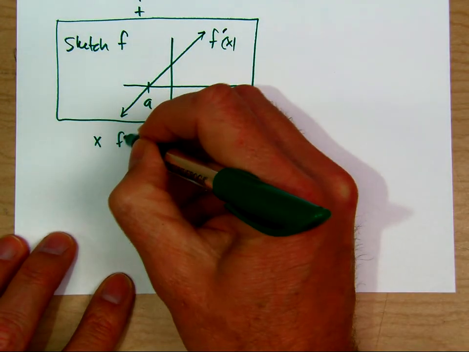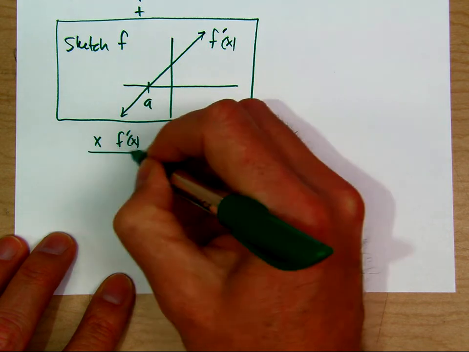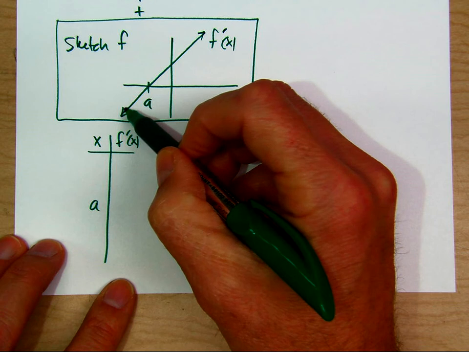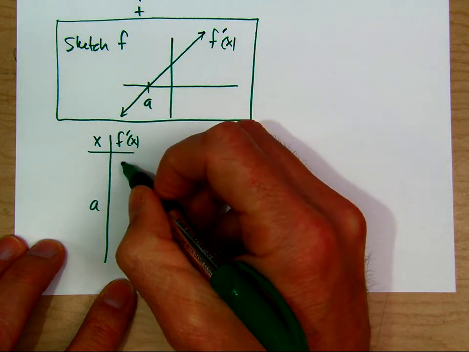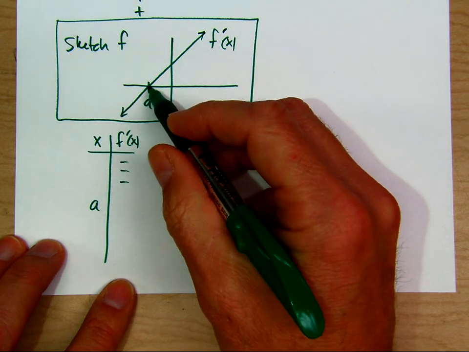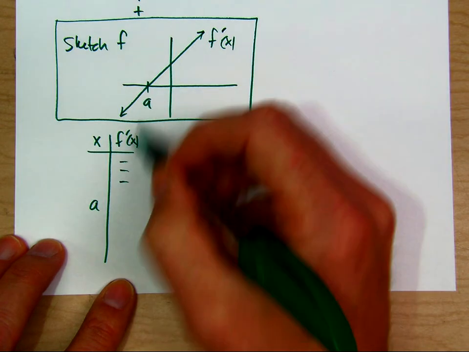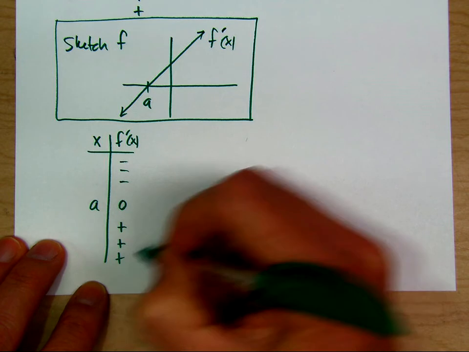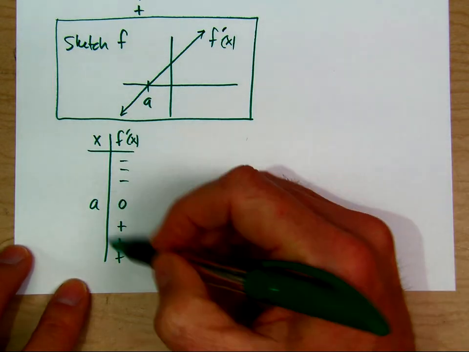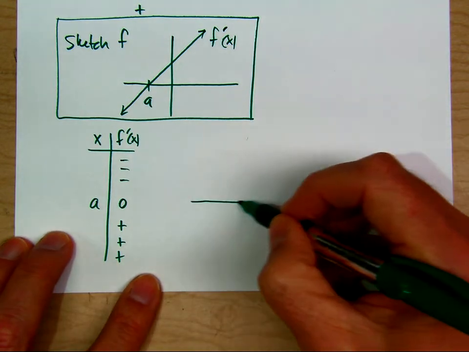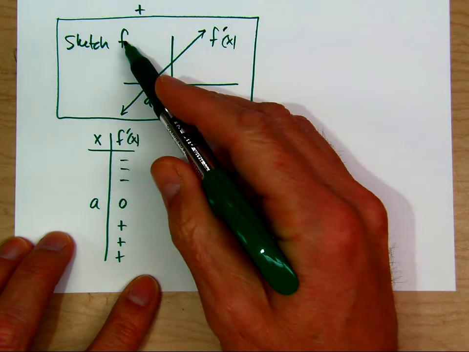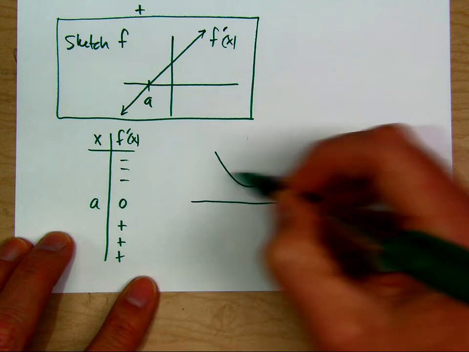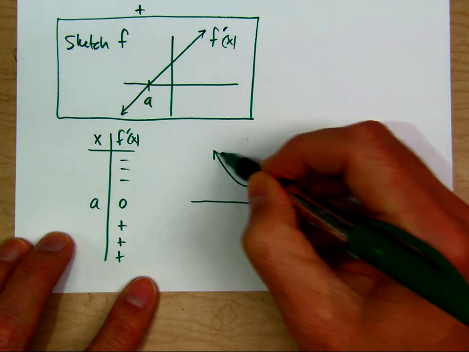Let's see what y values we have of the graph. And the y values are negative. At A, the y value is 0. And then beyond A, the y values are positive. So we know that f has these slopes. So the graph of f is decreasing, and then has a slope of 0, and then increases. The slope of 0 occurs at A,